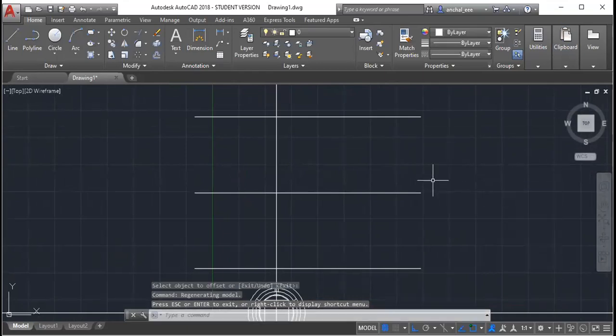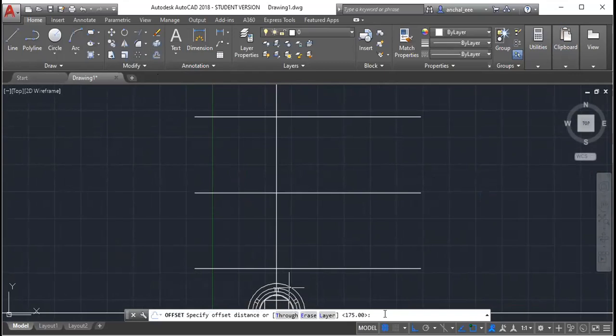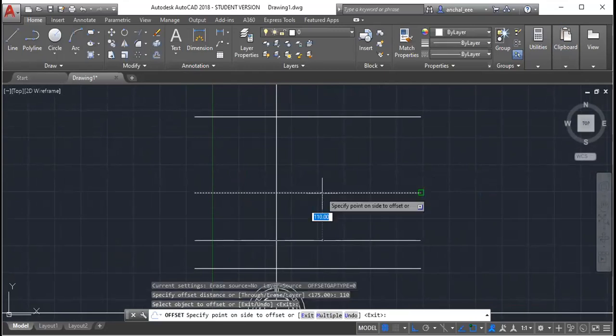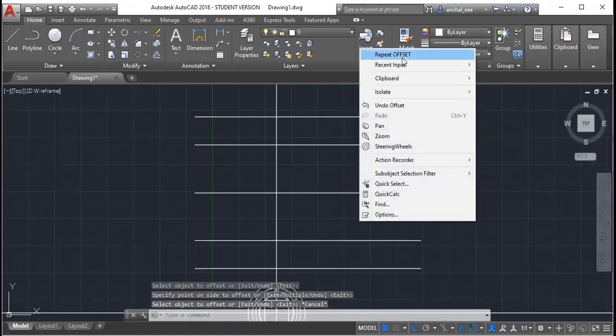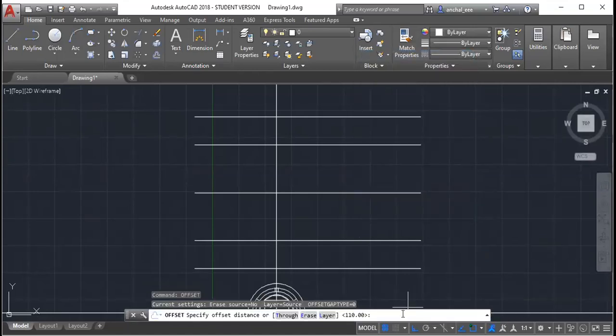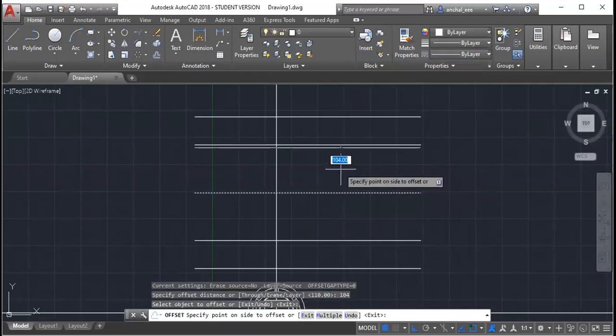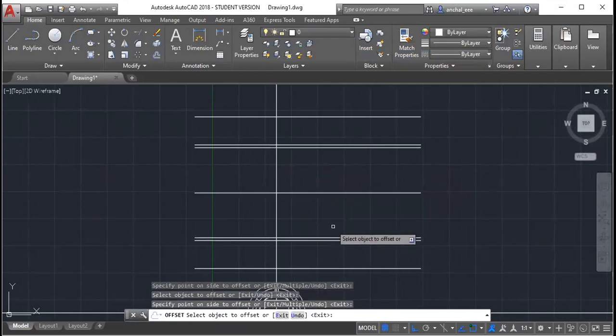Now you see the height of the window is 220. Half of 220 is 110. So offset at a distance of 110. Enter, from the center line up, center line down. Okay. Now again repeat the offset for the winding height. What is the winding height? 208. Half of 208 is 104. Enter. From center to up, from center to down. Done.